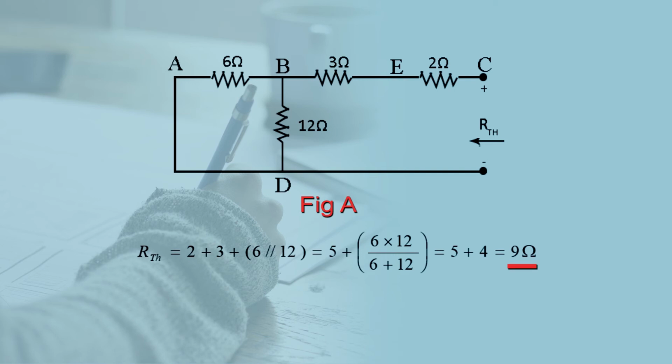Now you have calculated the value of the Thevenin resistance, so that means you are able to get the value of the load resistance to get the maximum power from source to load. So what is the value of this load resistance? The value of this load resistance is nothing but 9 ohm. Now you have to find out the value of the maximum power transfer also, and what is the formula of the maximum power transfer? Pmax is equal to Vth square upon 4RL. So you have already calculated the value of the load resistance.